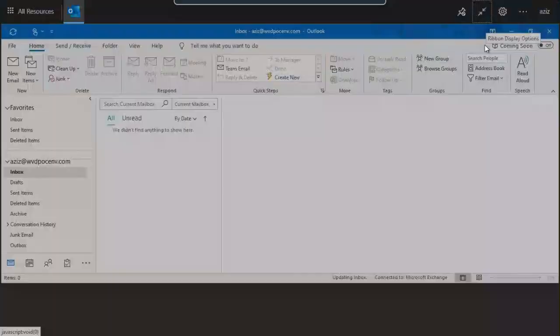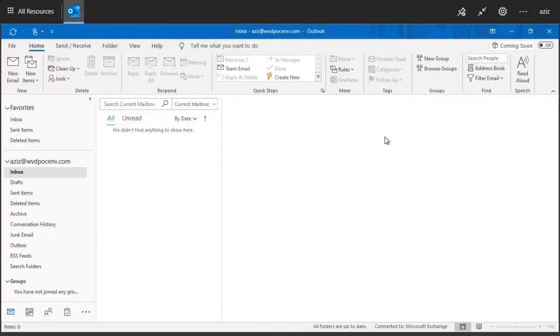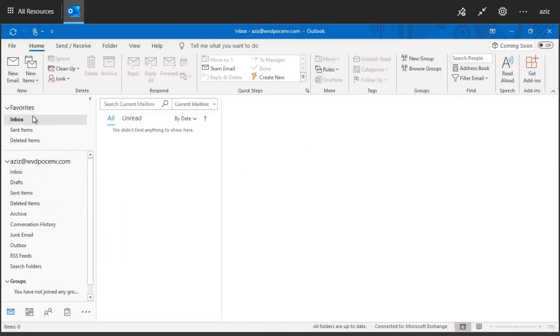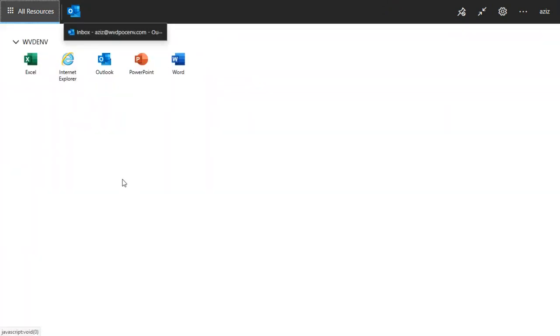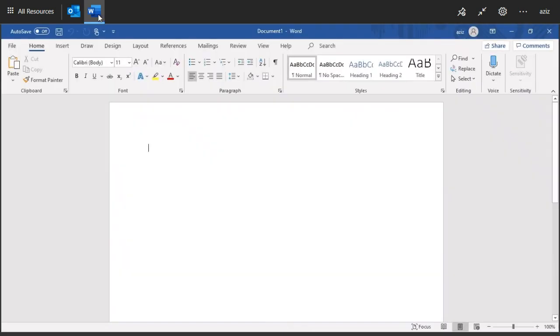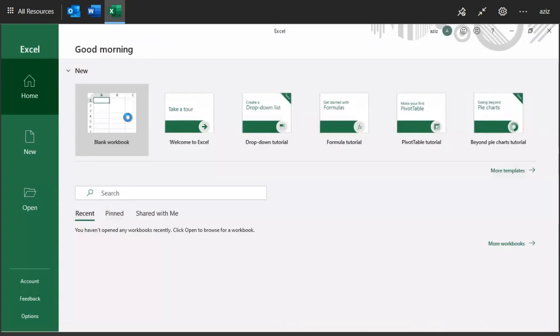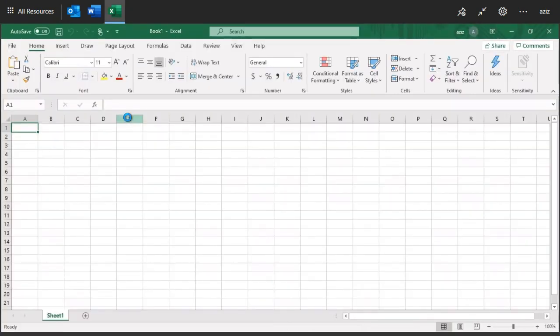And you can immediately go to a full-blown session from the browser itself, and you can see the application just works as a normal application in a Windows 10 environment. You can go back to all resources and continue to use different applications, and it launches immediately in the next tab. You can open as many applications as you want, and it just seamlessly launches and works.